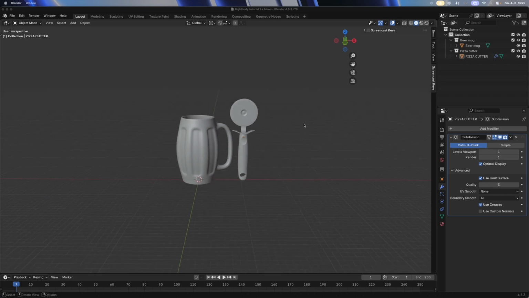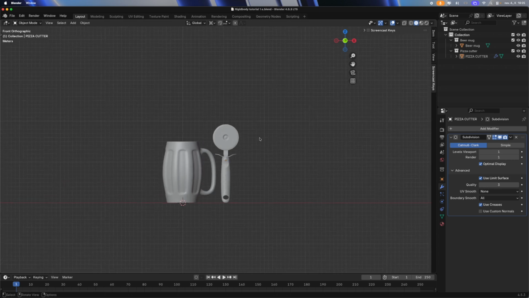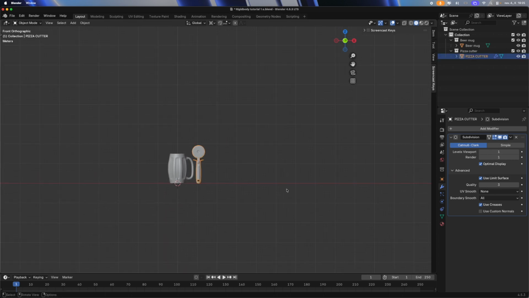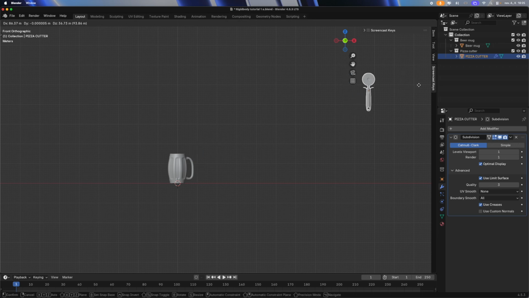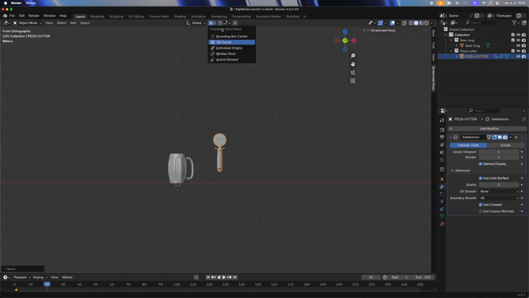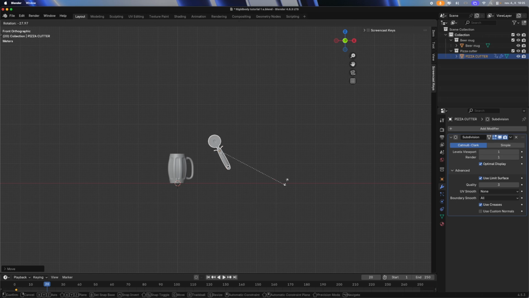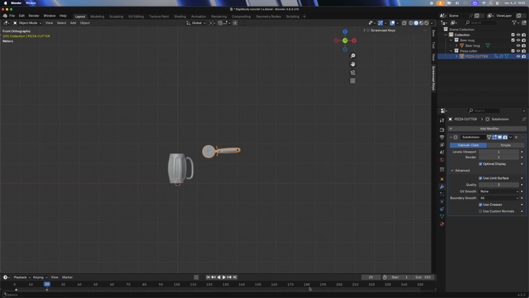I'm going to create a really simple animation. I don't want to spend much time with it, but of course you can create any complex animation that you want. So I grab this somewhere here, I hit I, that way I insert a keyframe, then move to frame 20, grab it somewhere here, rotate it, of course, in the bounding box center, rotate it, and hit I again. That way we created a simple animation,